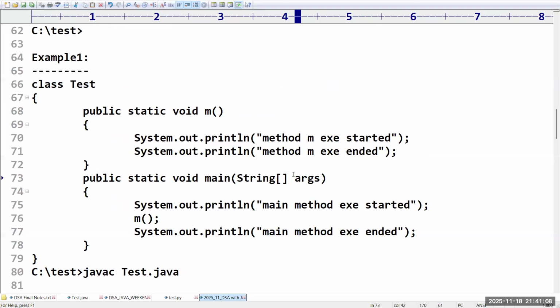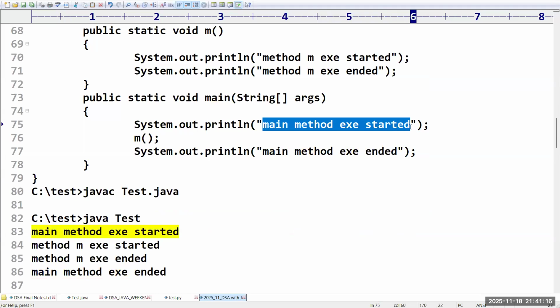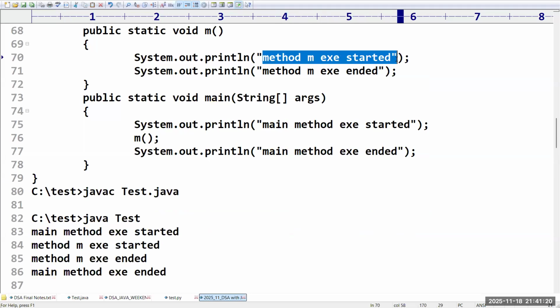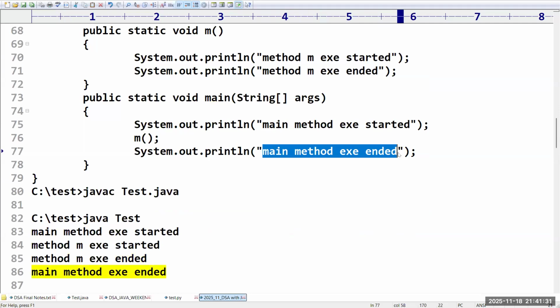It is a very easy program and you can predict the output. First, the main method execution started message will be printed. Then the method execution started message, then the method execution ended message. After that, the main method execution ended message will come.